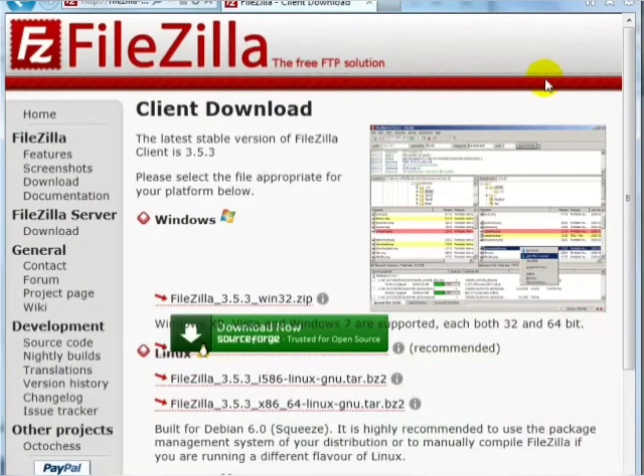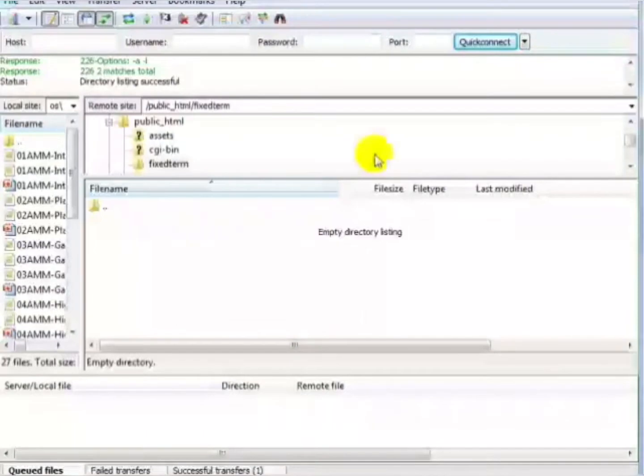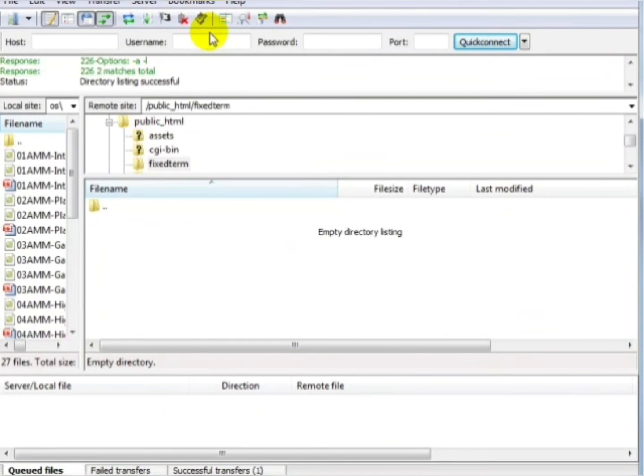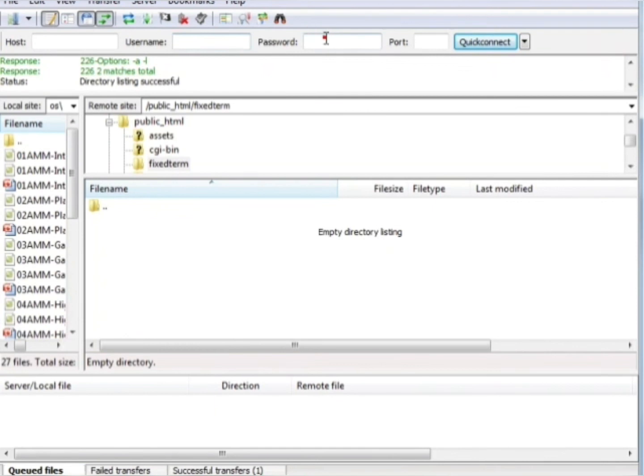So in addition to FileZilla, you're going to need to have access to your website. So you're going to need to have your FTP information as well as your username and password. So enter your ftp.yourdomain.com, enter your username and password, click on Quick Connect, and then we're going to go from there. Now, for me, I have a folder called public_HTML, which is the root folder. Some of you will have HTTP docs or something else, but this is basically where you want to upload your